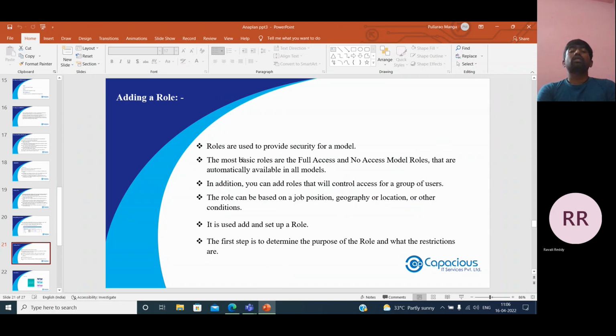Adding roles is to provide security for a model. The basic roles are the full access and no access model roles that are automatically available in all models. In addition, you can add roles that will control groups of access. A role can be based on a job position, geography, location, or other condition. The first step in setting up a role is to determine the purpose of the role. What are the restrictions of